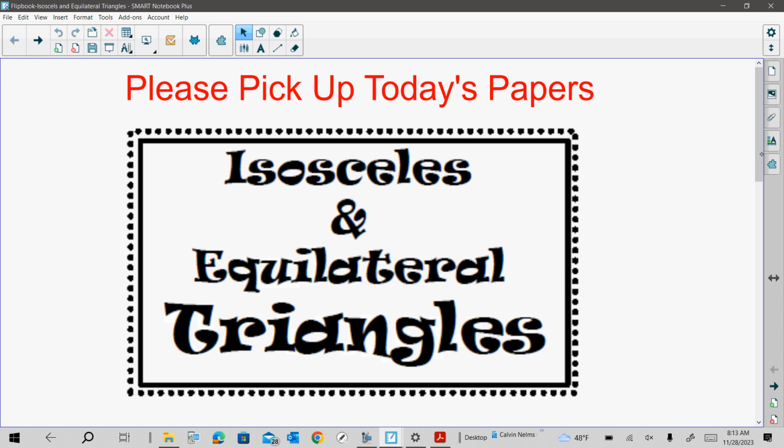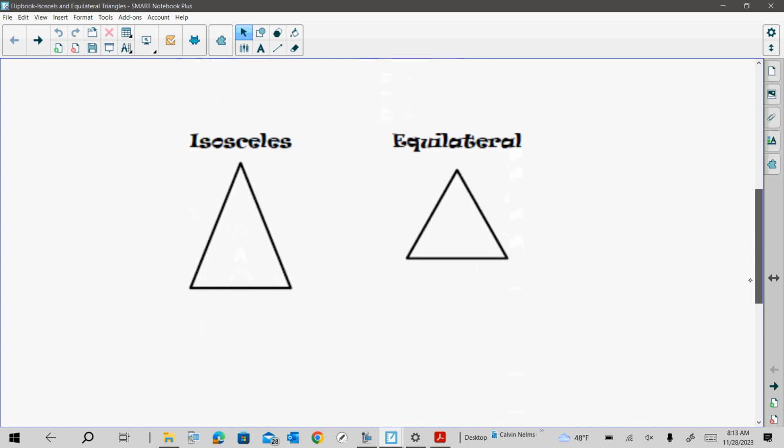This is your cover page. If you open up the cover page, you should see these two examples of your isosceles and equilateral triangles. So we're going to just add some basic knowledge or facts that you need to know. Okay, so